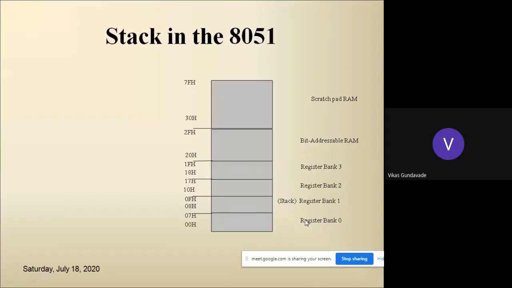So if the programmer wants to change the stack, then the programmer can make changes in the stack pointer by specifying the new address location of the stack, and then the programmer can modify the stack location. But by default, the stack area will be from 08 to 0F. Okay. The next one is